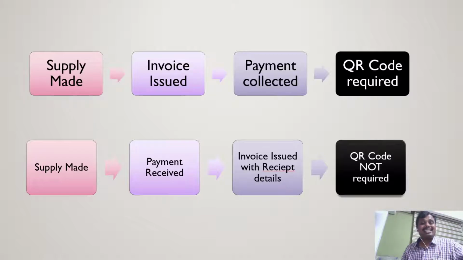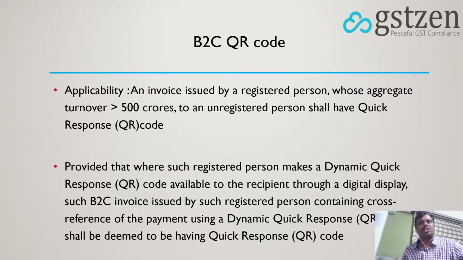Now, what is this dynamic QR code? It's just so that customers can dynamically make the payment and the reference of it is available. A question that has come up is, can I have pre-printed stationery with the QR code, so that upon scanning the QR code, one is automatically driven to a payment gateway giving my UPI reference? The answer could be yes, because the first portion of the law only says having a QR code. However, the second portion of the notification talks about dynamic QR code.